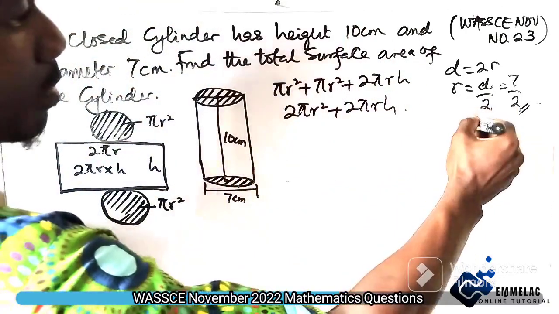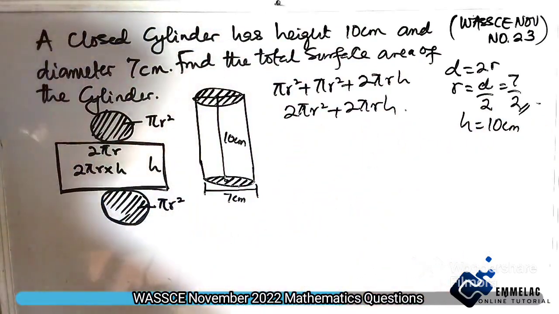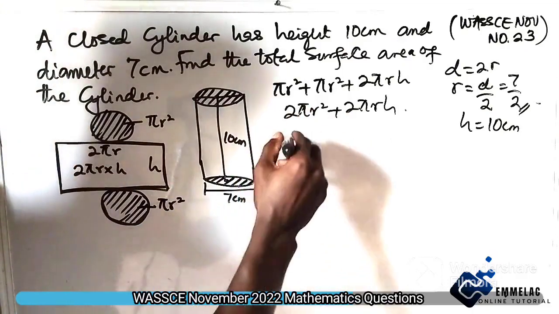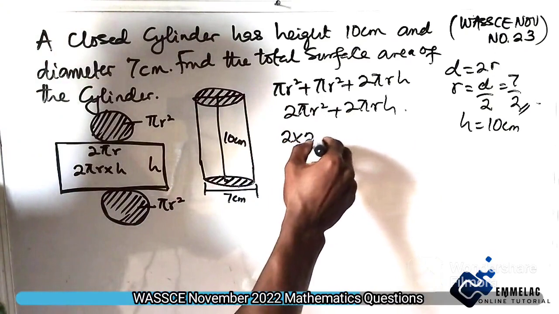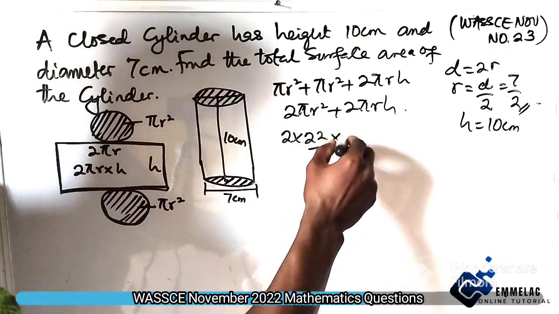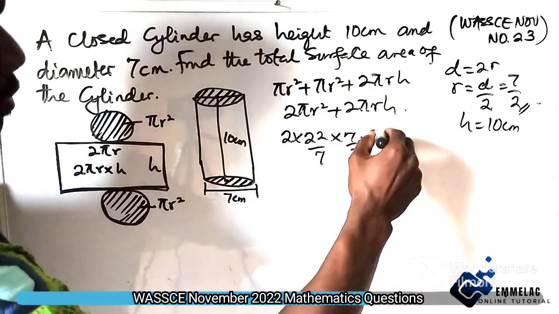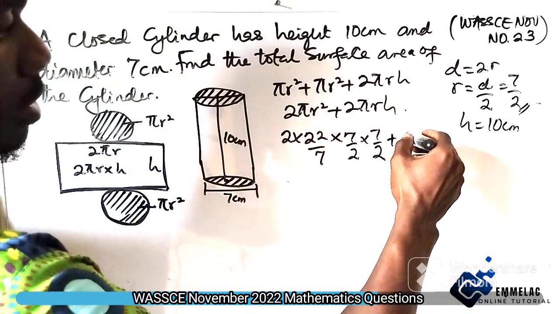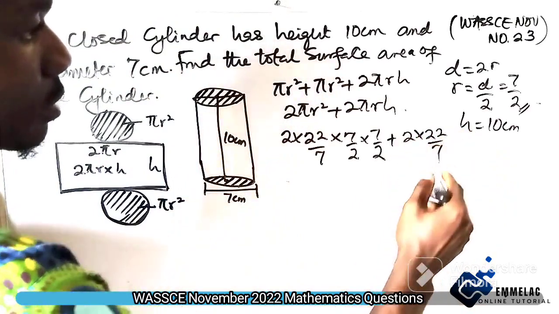So let us input these parameters into the formula. This will be 2 times our pi, which is a constant, 22 over 7, times our radius, 7 over 2 times 7 over 2, then plus 2 times 22 over 7,